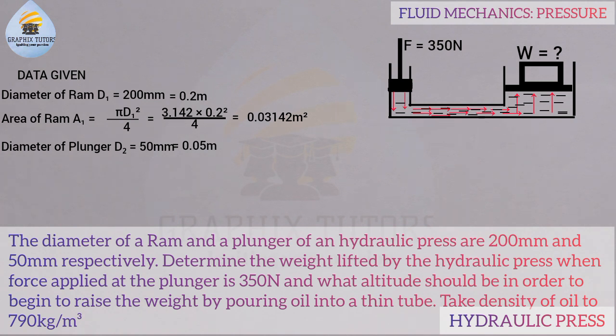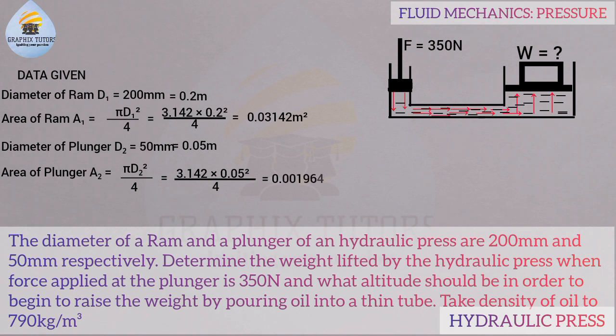Now we calculate the area of the plunger, A2, which will be pi D2 square over 4, equals 22/7 multiplied by 0.05 square all over 4. And 22/7 is 3.142, multiplied by 0.05 square over 4, and that will give us